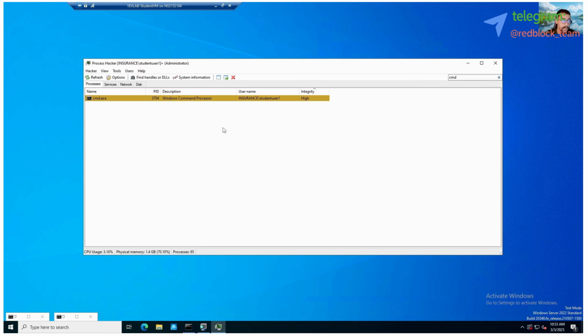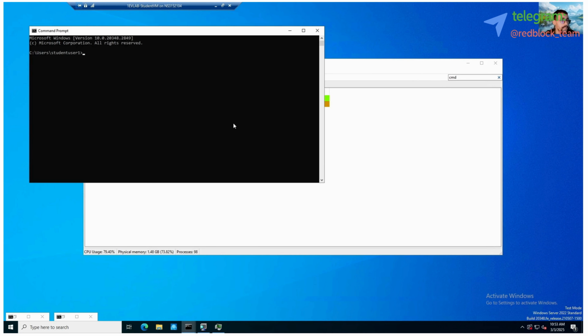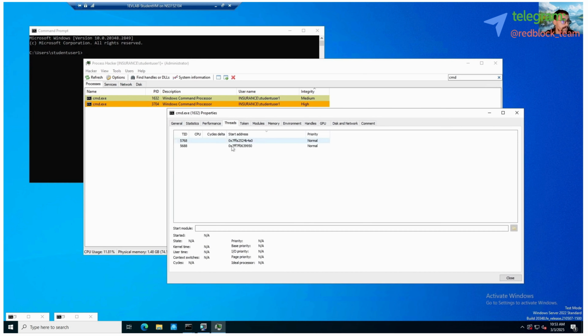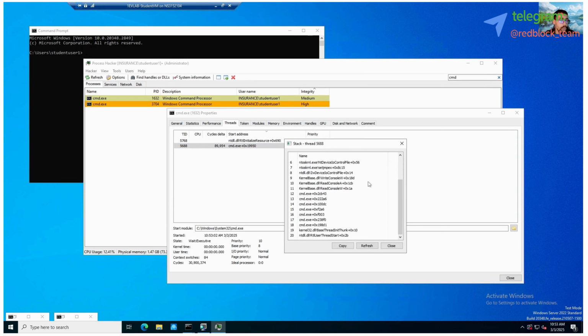So let's launch a CMD process and inspect its threads. We can see there are two threads, the main thread and the worker thread. The worker thread is used for cleanup, resource management, and memory management, and this is the CMD main, which does the entire CMD operations. And this is the thread call stack, which is